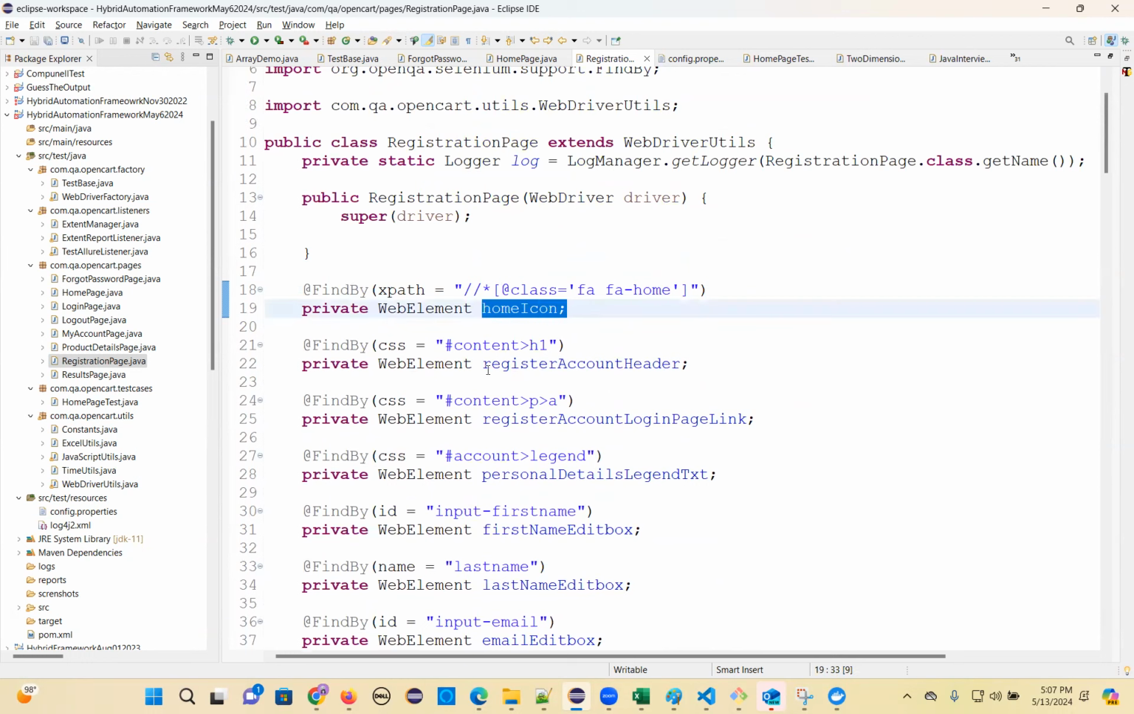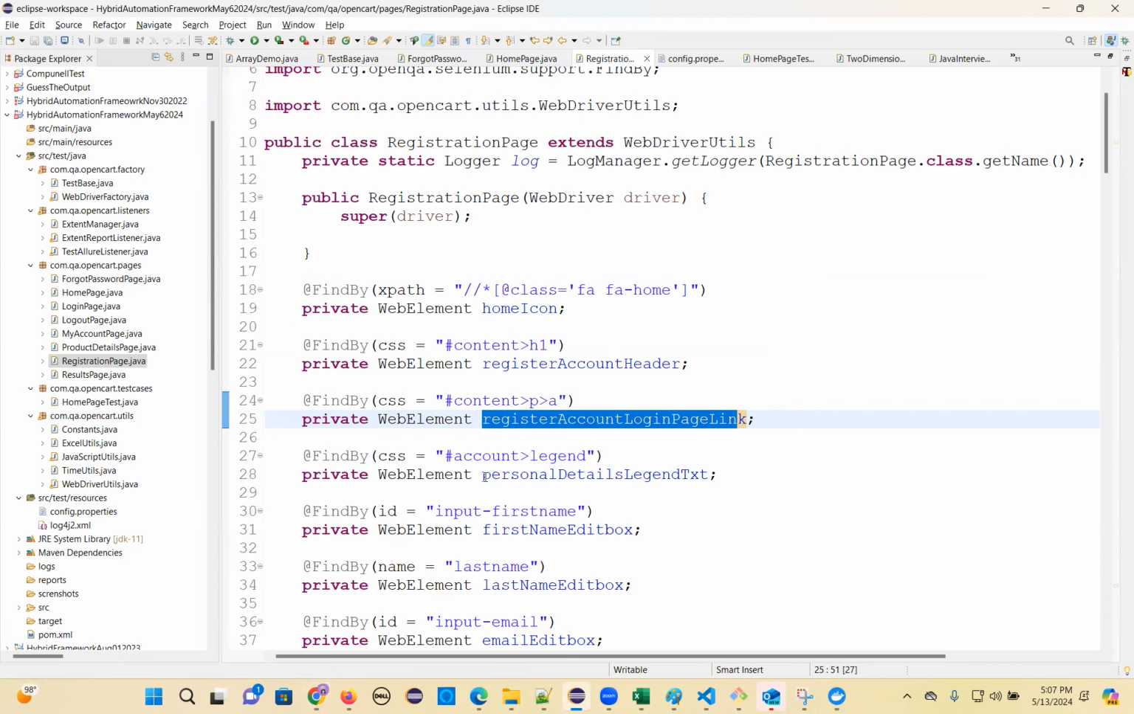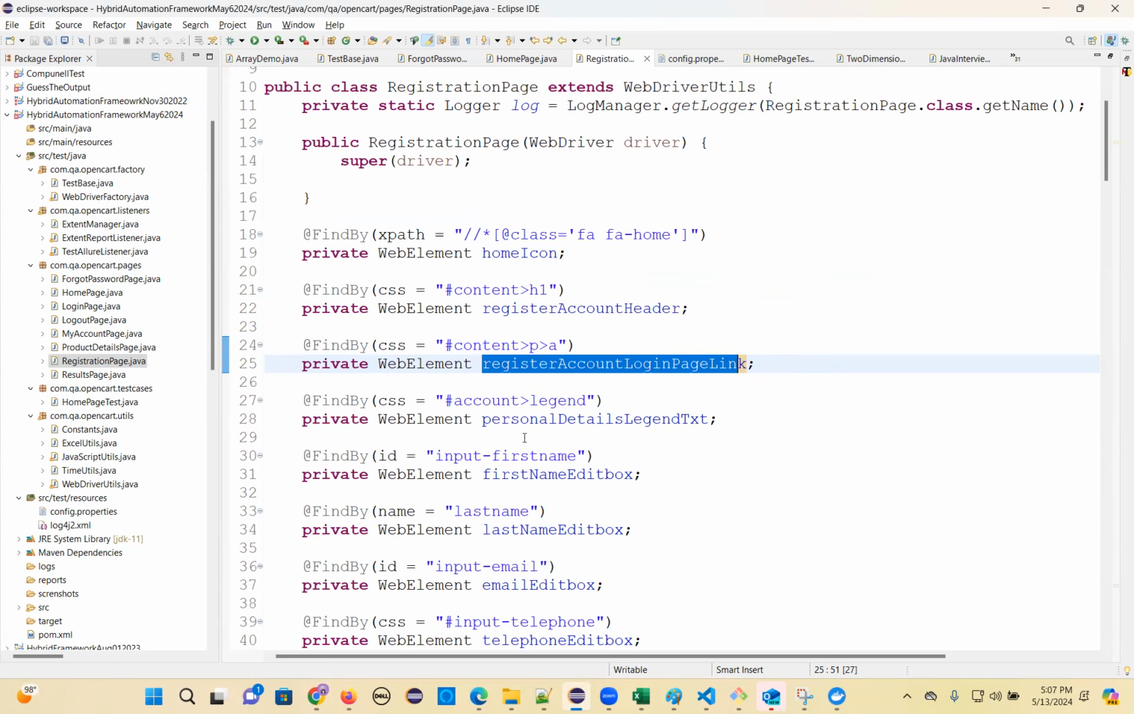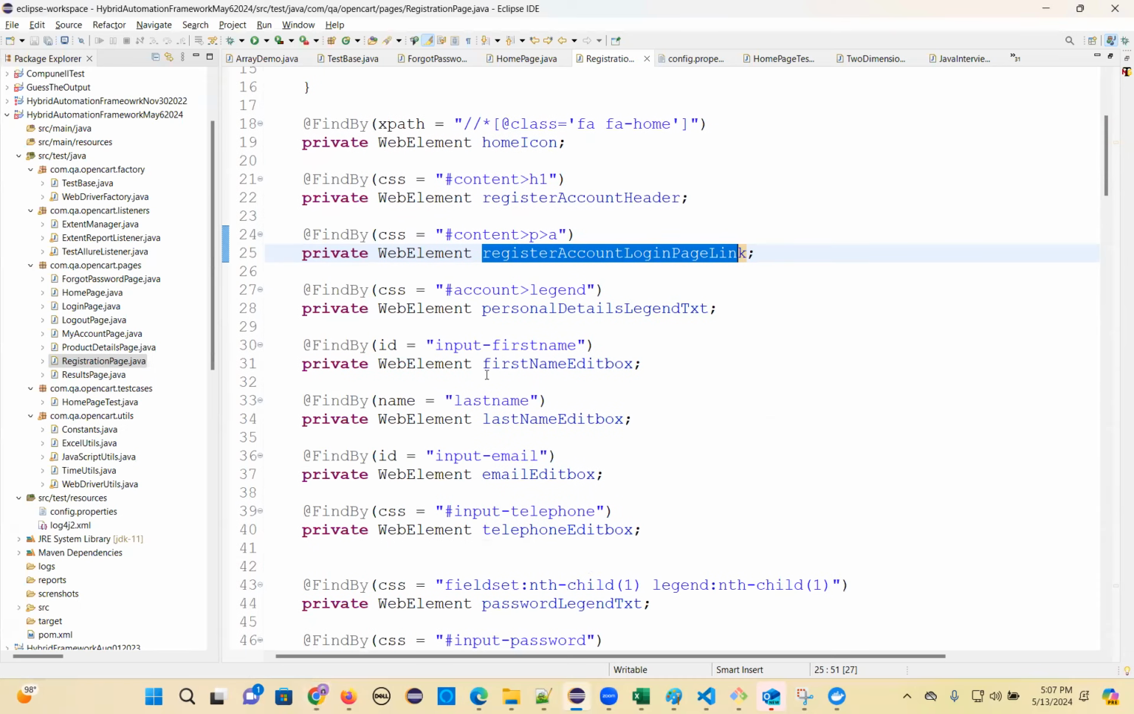See, home icon, register account header, register account login page. So this is the header, and this is the home icon. And then this is the login page link. First name, last name, you can see. Personal details legend, this one. And then